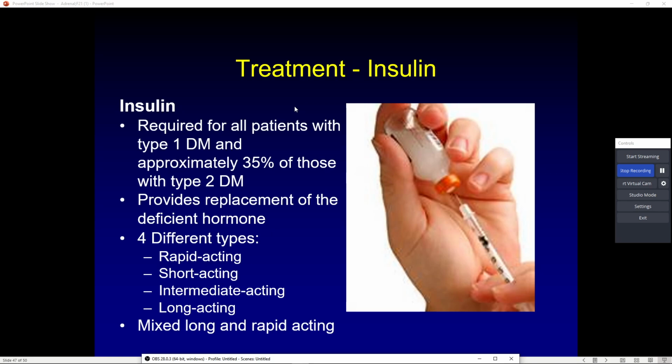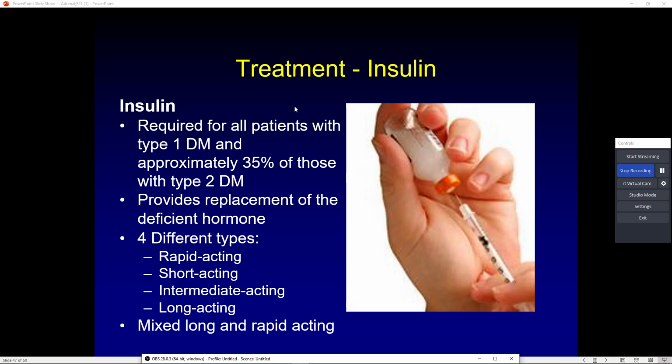Okay, type 1 diabetics are insulin dependent. Type 2s, roughly 40 to 50% of those that are type 2s, these are old numbers actually, 40 to 50% of type 2 diabetics become insulin dependent and require injections several times a day, typically 4 times a day, to manage their diabetes. Okay, you got to know your types of insulin. Let's go back to Professor Scheid's class, semester number 2. Let's go ahead and look at rapid acting, short acting, intermediate acting, and long acting.